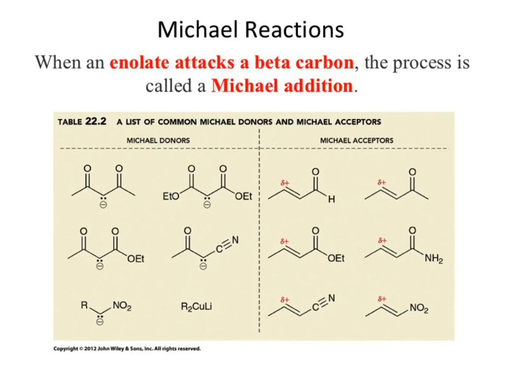Unsaturated polar pi bond. And carbonyls are polar pi bonds. That is still a Michael acceptor. We do have that attack in there because we can still get resonance across just like we could with a carbonyl. The nitro group tends to be a favorite one to be tested on because when we look at that, where's the carbonyl?